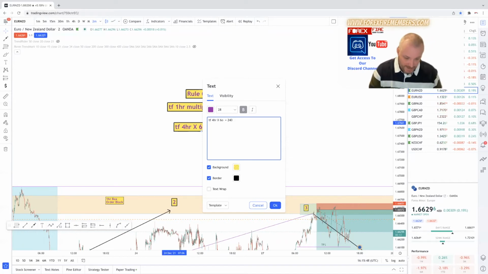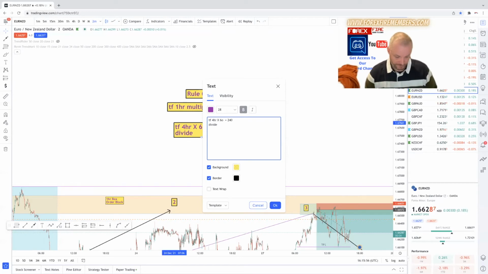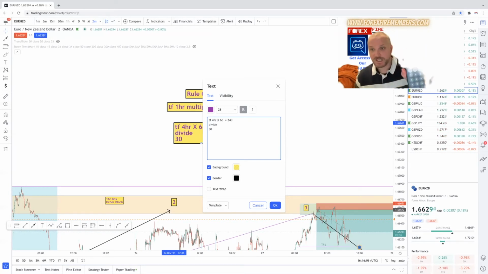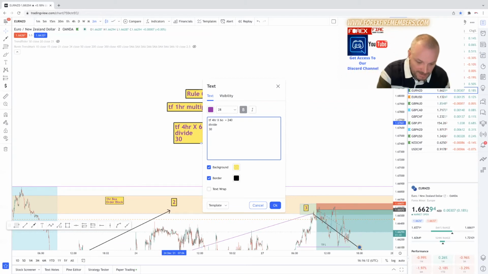And then you're going to divide your 240 by 30, which is the rule of 30. So you divide the 240 by 30. So you need to go down to an 8-minute chart, so that would equal an 8-minute